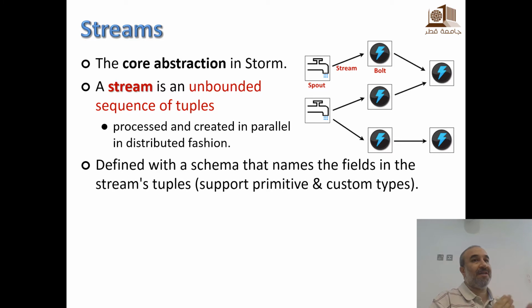It wasn't like that in Spark Streaming, right? We said that it was a stream of RDDs. But here it is an unbounded stream, an unbounded sequence of tuples, records. Okay, and as you will see, it is processed and created in parallel, and the tuples are defined with a schema. There is a schema that says what the fields in each tuple are.